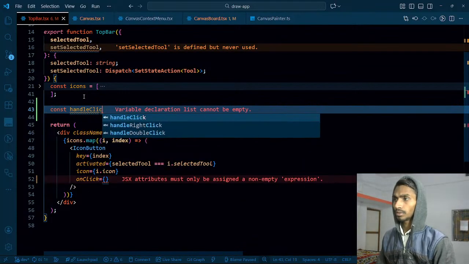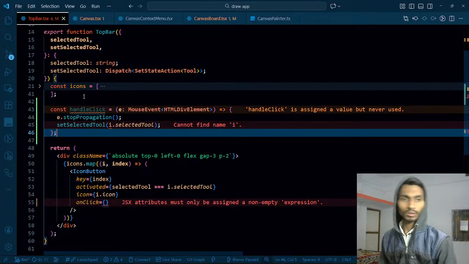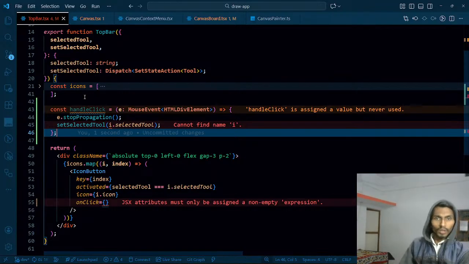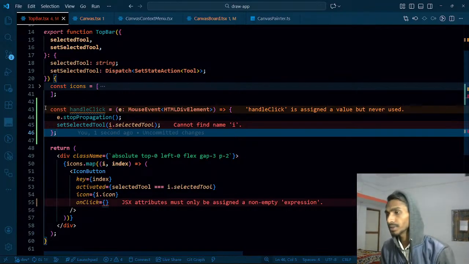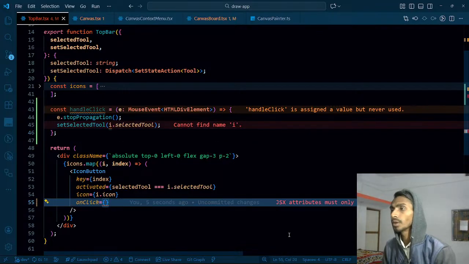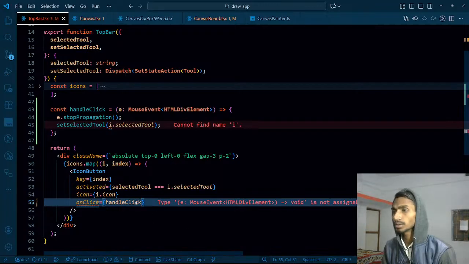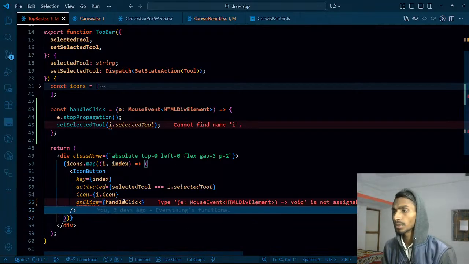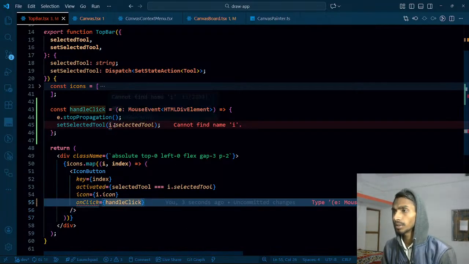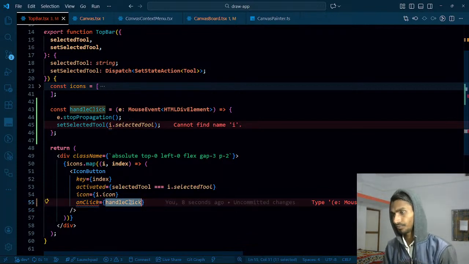Const handle click is going to be this. I didn't understand what you said at last. Handle click, whenever I handle click like this, on click I'm handling click, and when I'm handling click I have to send it the